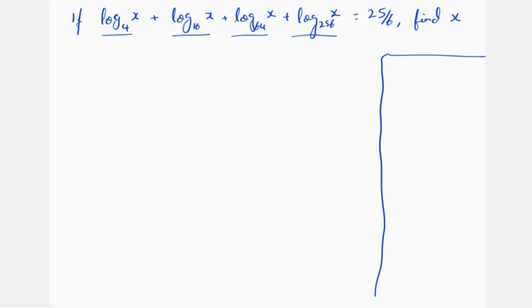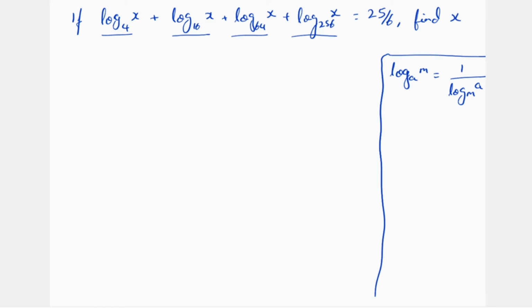Here we are going to be applying this principle: log of m to the base a is equal to 1 upon log of a to the base m. That is, when I take a logarithm from the numerator to the denominator, the base and the number will interchange their positions. The log base and the number for which the log has been taken will interchange their positions. You can change the base by doing this.